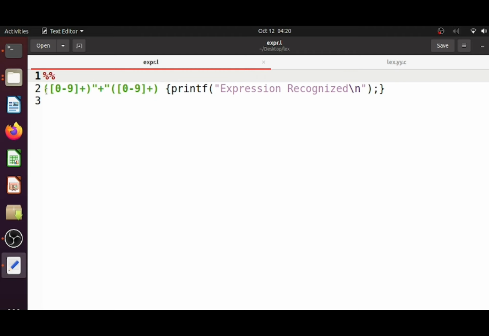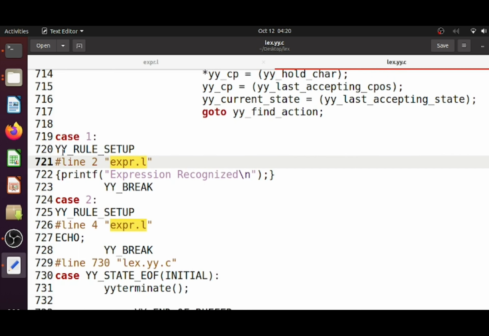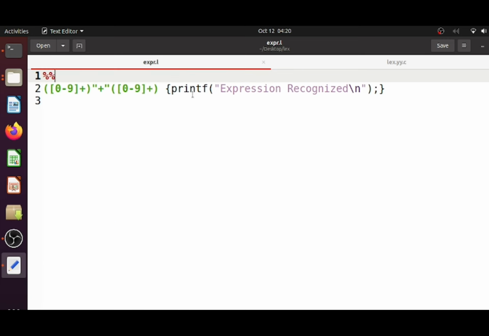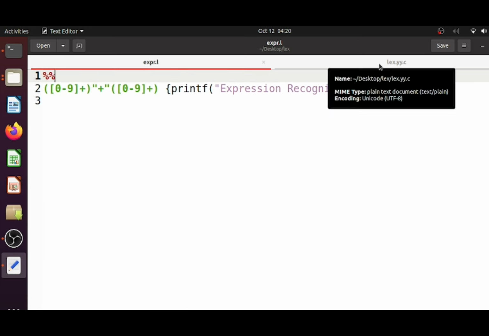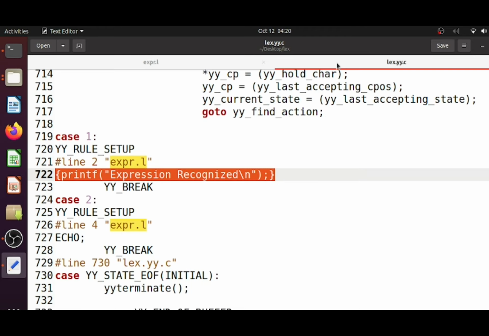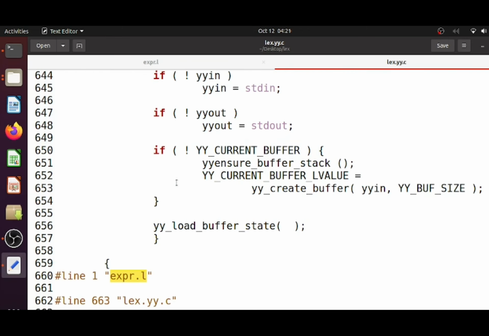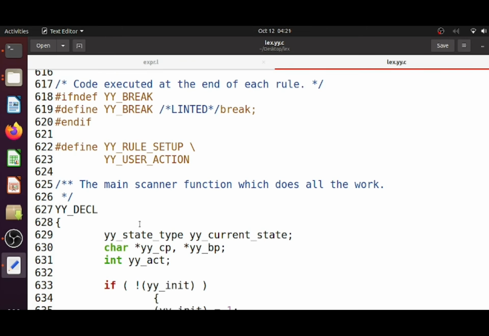That is for a mathematical expression or addition of two numbers, the expression recognized message has to be printed, right? So it is written as a switch case, and if that case is triggered, if you see here, the expression recognized message that we have given as the body of the rule is directly copied over there. Okay, so if we see where all these things are residing, it is residing within the